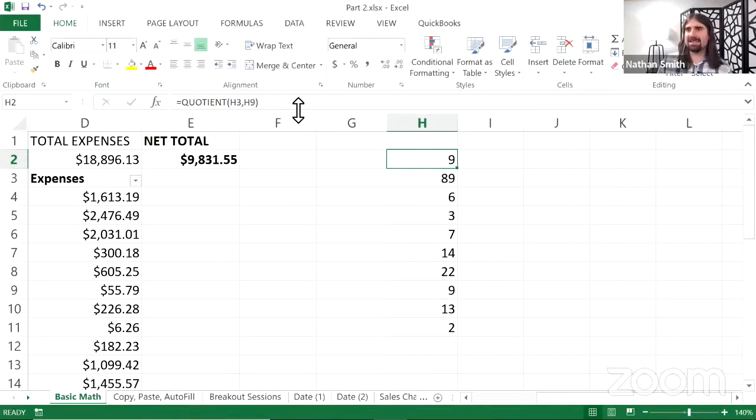When I do that, I'm going to get 9 up here at the top. And some of you who've been doing the math in your head might be a little confused at this point, because 9 times 9 is 81. It's not 89, right? So the quotient function is really useful in particular situations, but you have to know what those situations are. Because what the quotient function does is it divides as you want it to, but it ignores